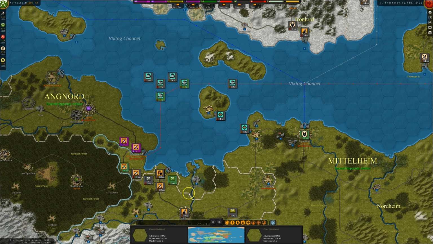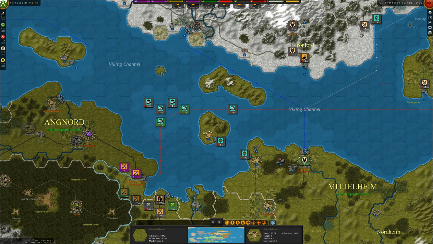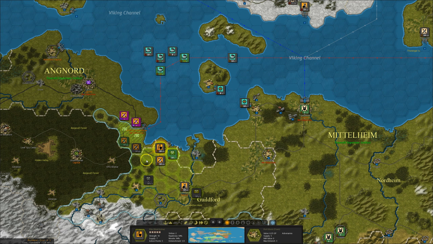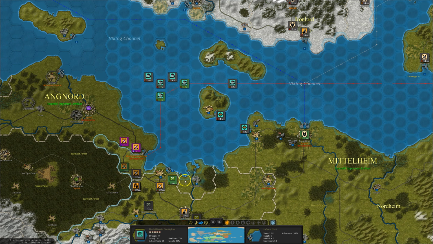So you can see that my forces around Donsborough, South Donsborough, have diminished quite significantly, and I'm going to need to reinforce them. I'm thinking that I can in fact get a number of units ready for a seaborne invasion, so that might be a nice little distraction if I could go for Goodrich, and in the north of Angnord, that could take the pressure off the south. I've got a few transports that I can bring in as well, so I'll do that first, and that will reinforce the